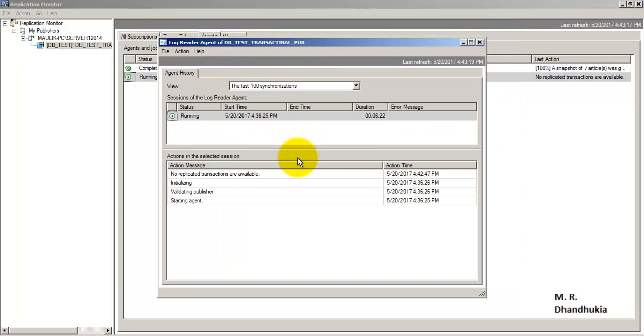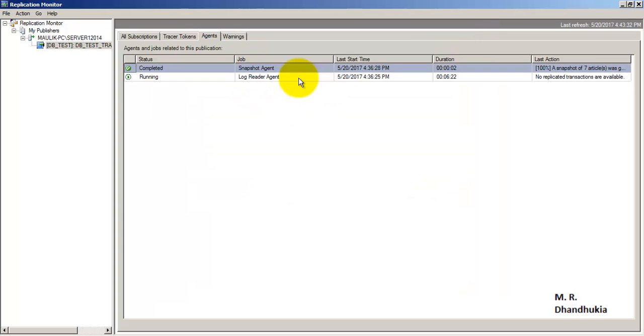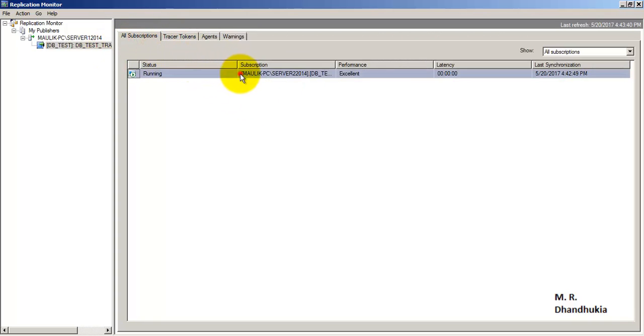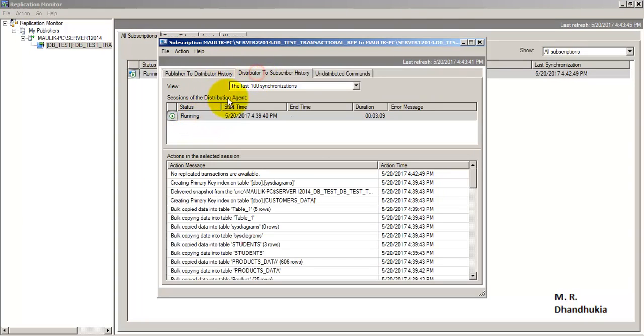Once the log reader agent has read the transactions from the publication database and put those transactions into the distribution database, the distribution agent has to pick up those transactions and apply them to the subscriber.